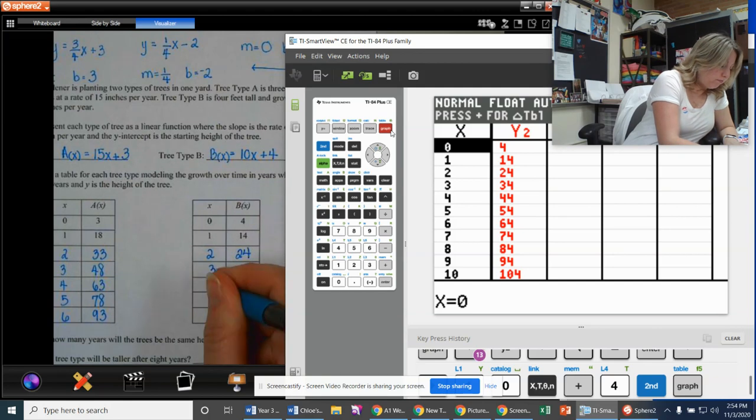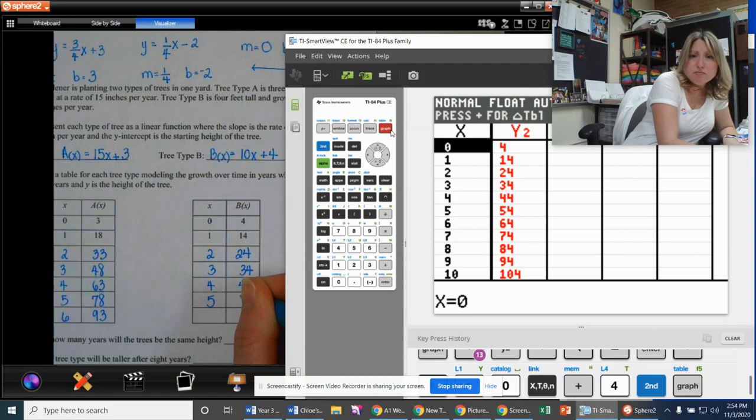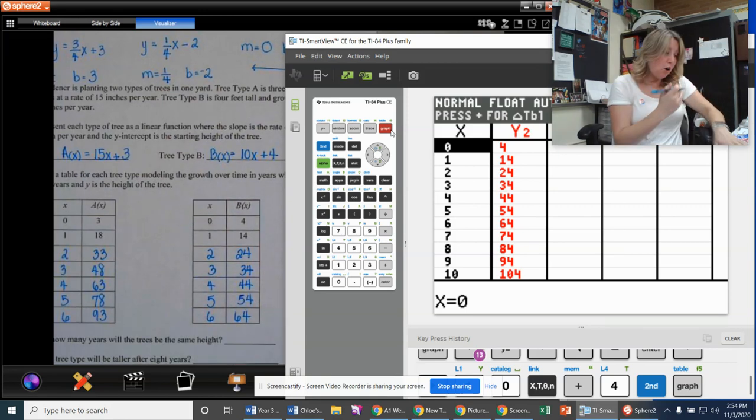Oh, these will be pretty easy to figure out, right? Where am I? 5, 54. And 6, 64. Okay. So if I'm just kind of looking at this,